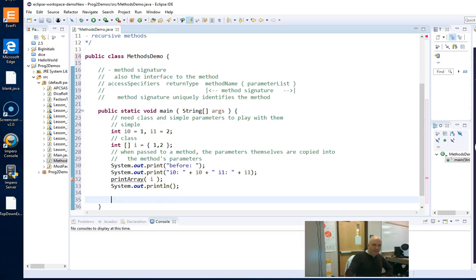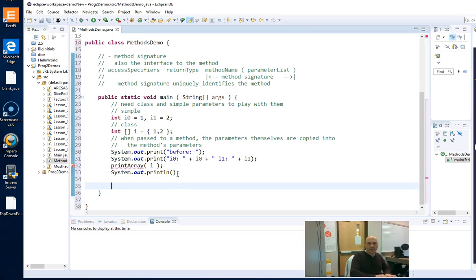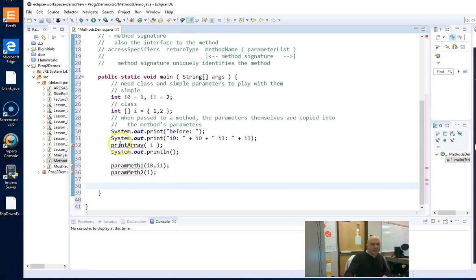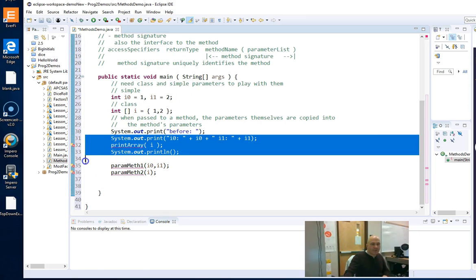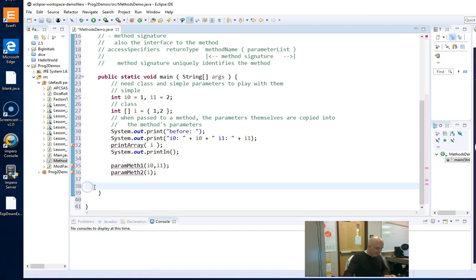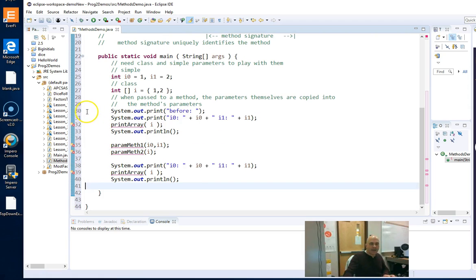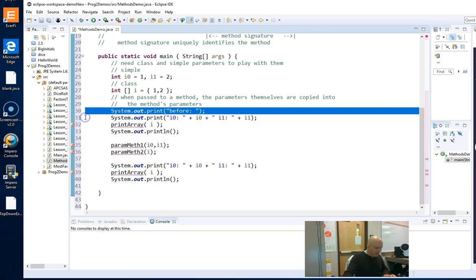Then we're going to run the two functions. We could call param method 1, and param method 1 will take I0 and I1. And param method 2 will take I. Then we want to print the afters. So I'm going to take my print statements, copy them, and paste them after I run the two parameter methods. And I'm going to take my print before, whoopsie, copy it,